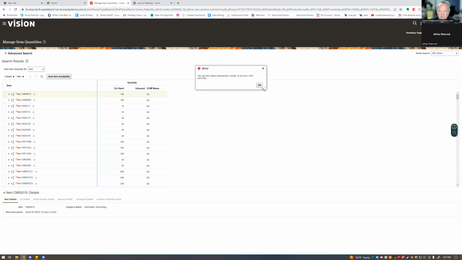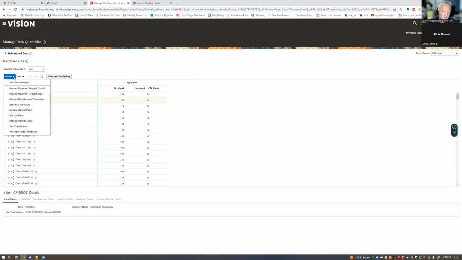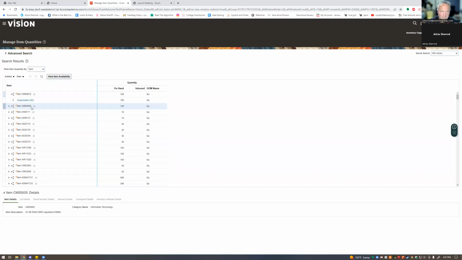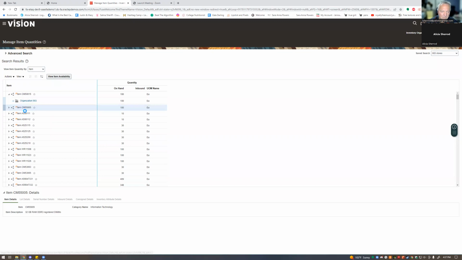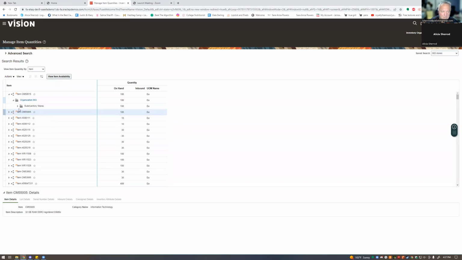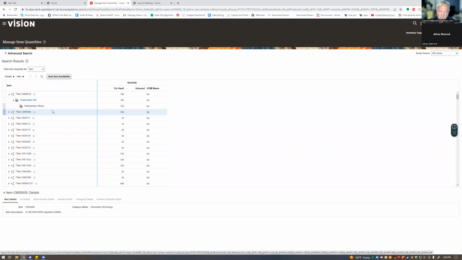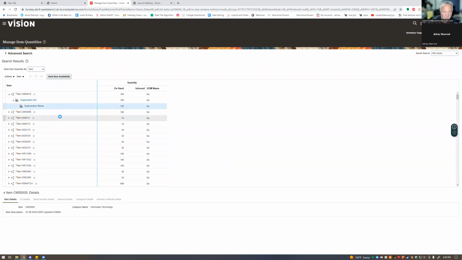Oh, you got to go down a level. That makes sense. So, you're going to have to drill down. You can't just pick the item. You have to go down at least to the sub inventory. Sometimes you have to go down to the locator. Okay, there's no locator, so you can go down to the sub inventory. All right, so now if you go to actions and do request miscellaneous transaction,